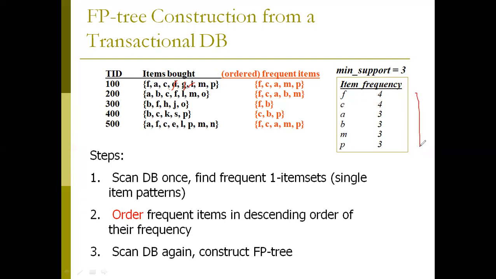In descending order as per this table. Right, first F. It has the highest support count value, right? So that's why F comes first. Then A, which has only 3. So which one has the highest support count out of these? C. So write C. Then A, M, P. Like that, you need to represent the ordered frequent item sets, based on this item frequency.